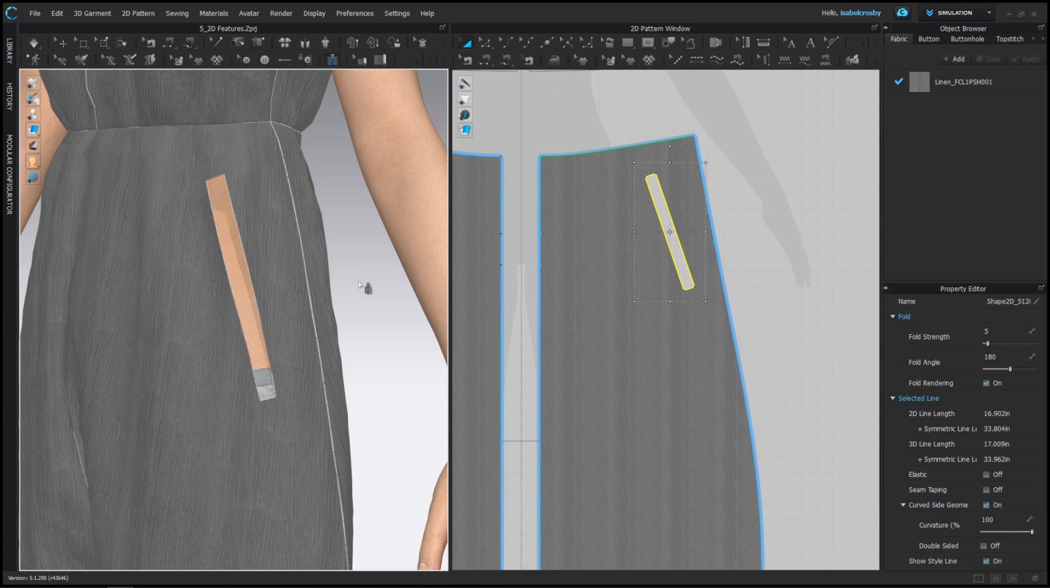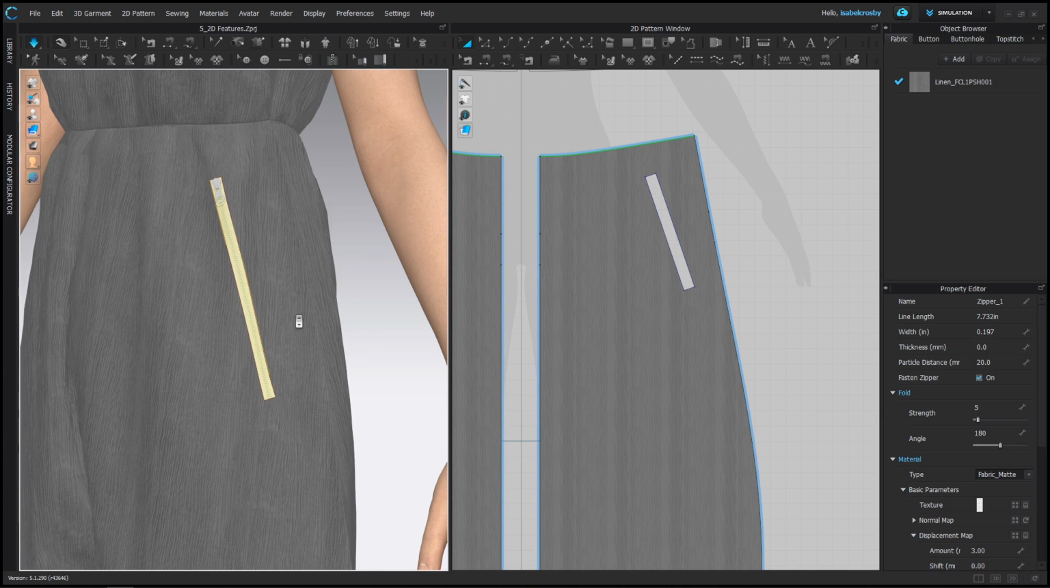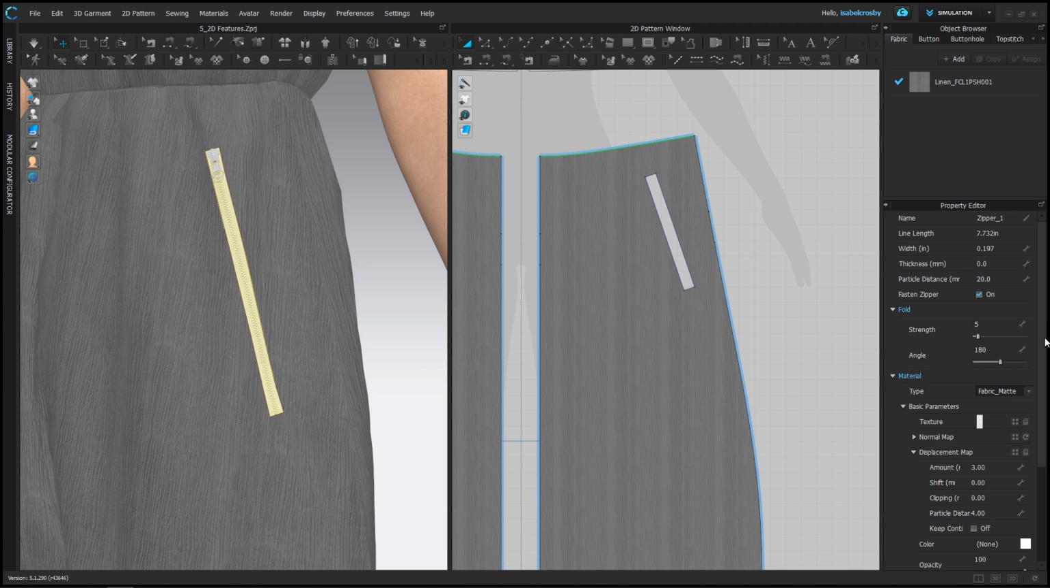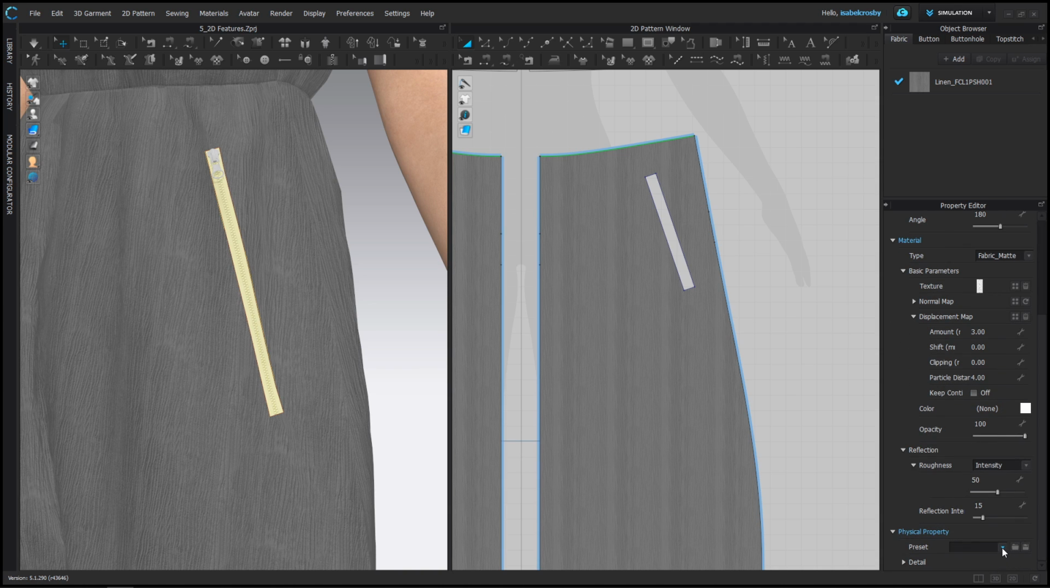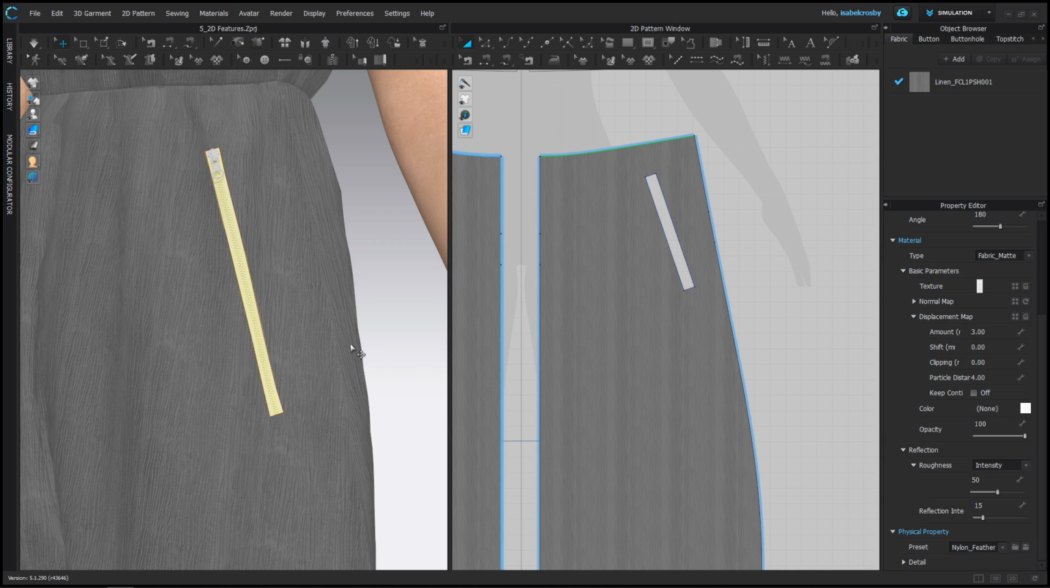I'm going to show you guys some updates on the zipper tape. So I'm just going to put a zipper in here. So an update we've made is if you select your zipper tape, you'll see in the property editor, you now have the option to select a preset fabric physical properties. So I can change this to nylon featherweight, and you'll